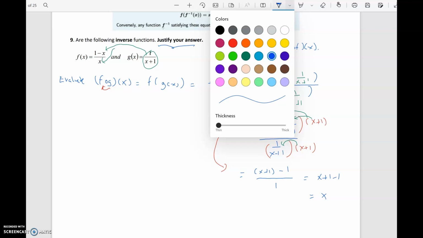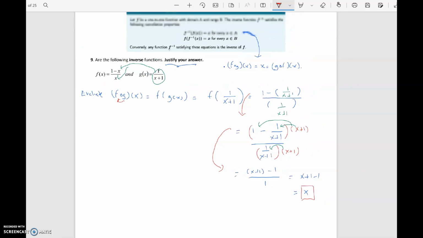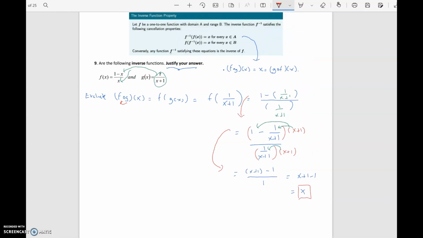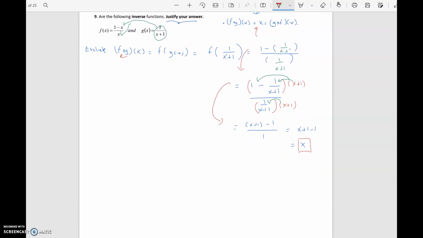Now this is what we're expecting. If this one were to give us any value other than x, then you wouldn't have to continue. At the moment, we're good on f of g of x. We just have to evaluate g of f of x, and if we obtain x, then yes, they're inverse functions. So this one is done. Next,